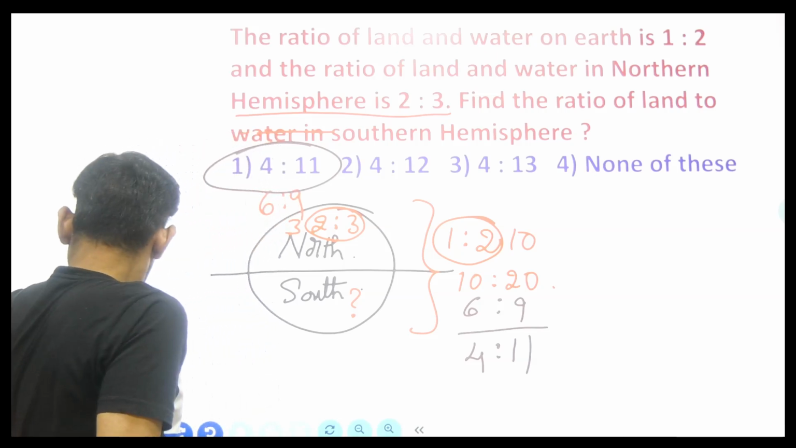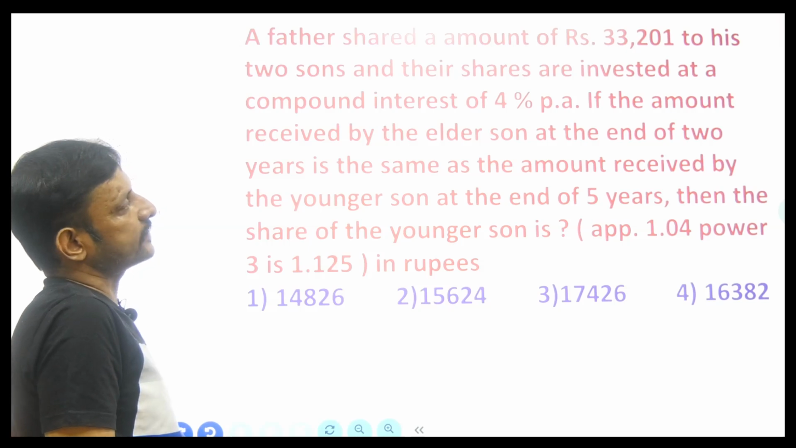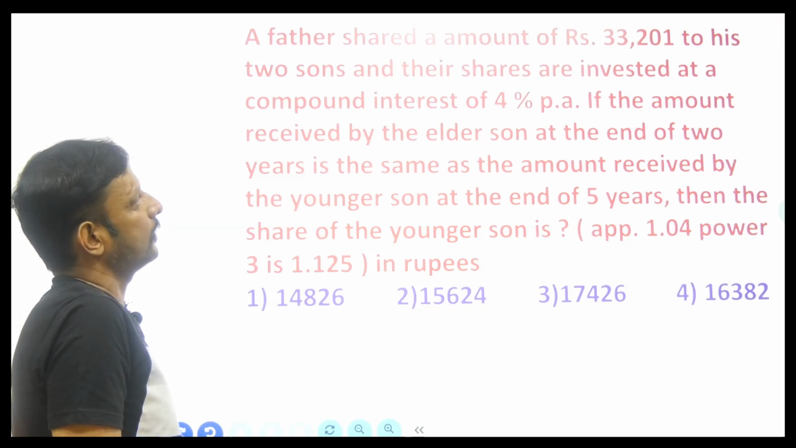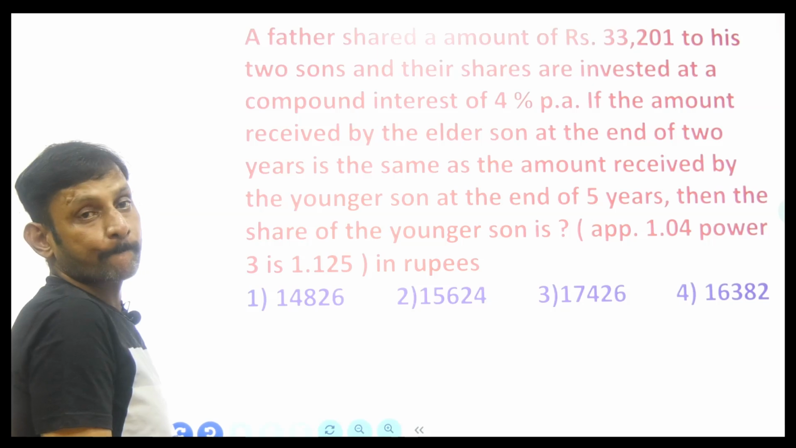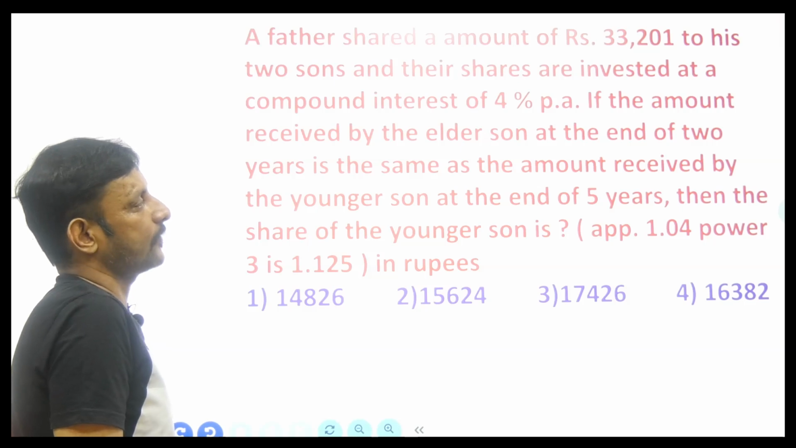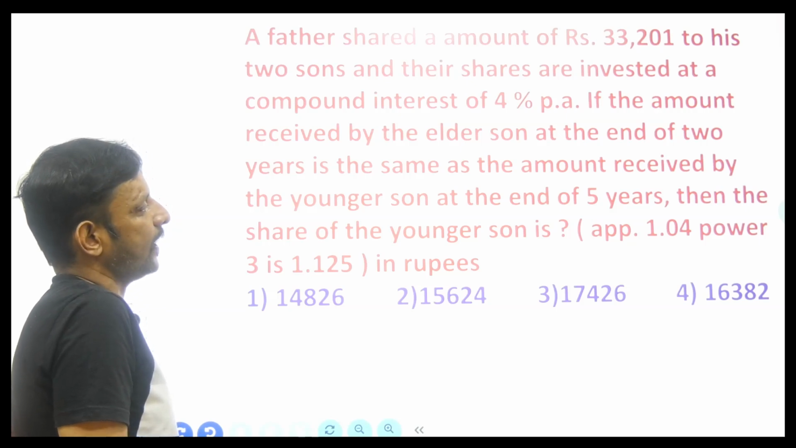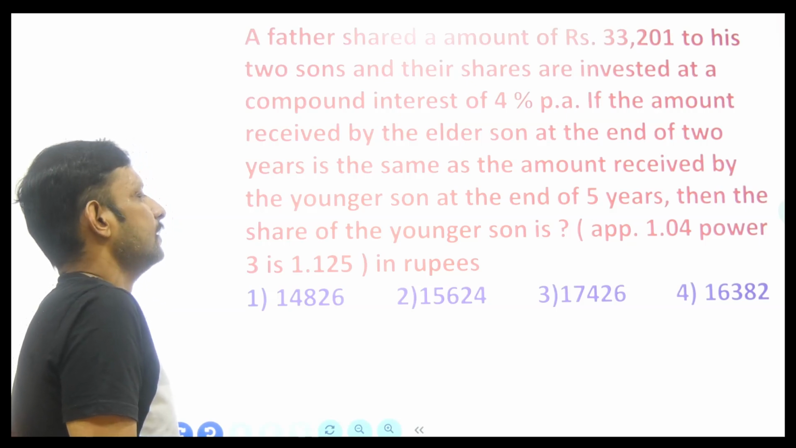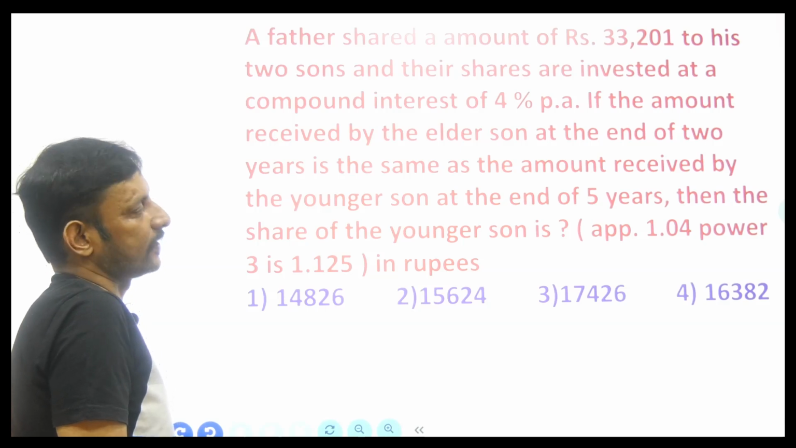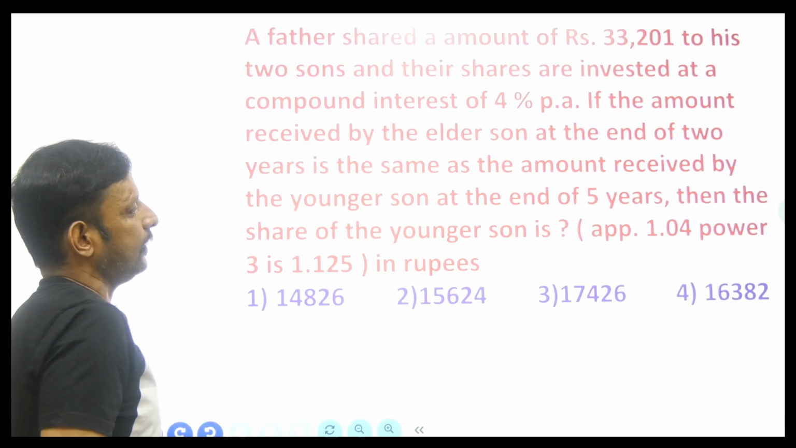Clear? Next. A father shared the amount of rupees 33,201 between his 2 sons, and their shares are invested at compound interest of 4% per annum. If the amount received by the elder son at the end of 2 years is the same as the amount received by the younger son at the end of 5 years, then the share of the younger son is approximately